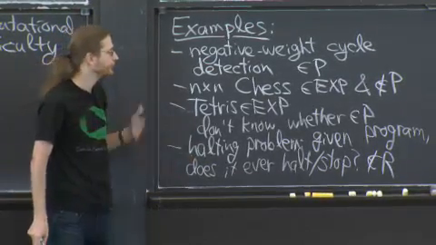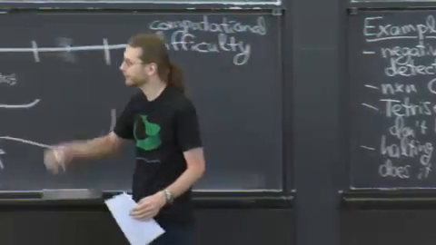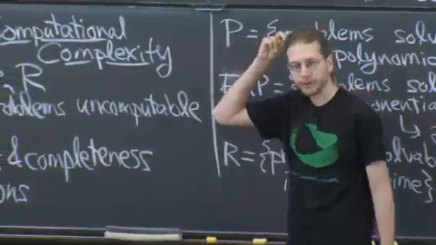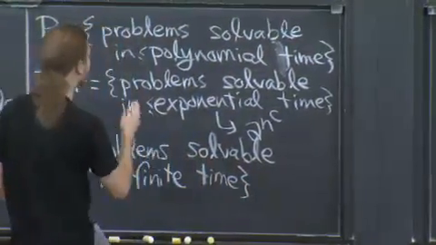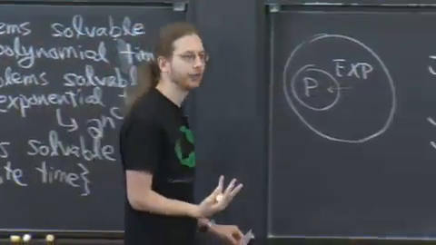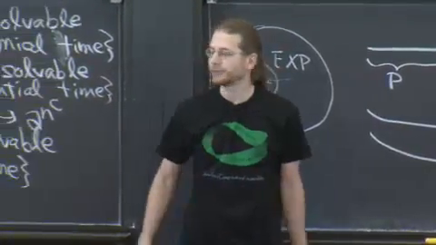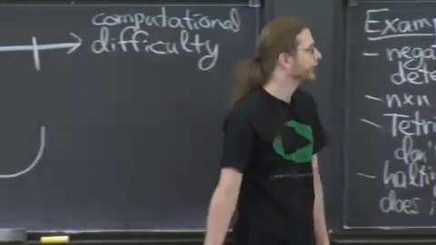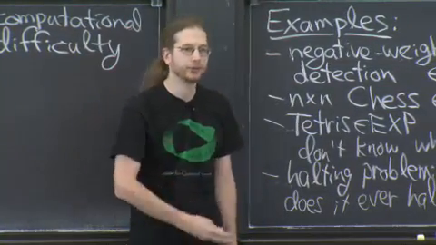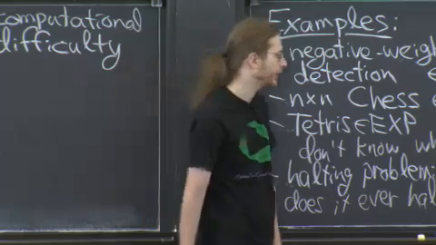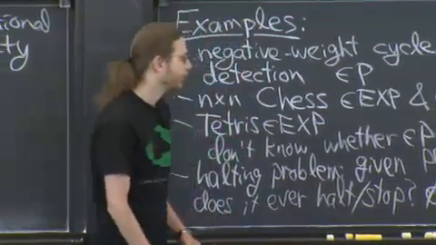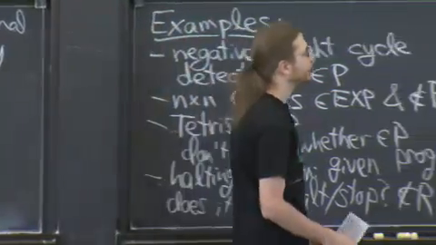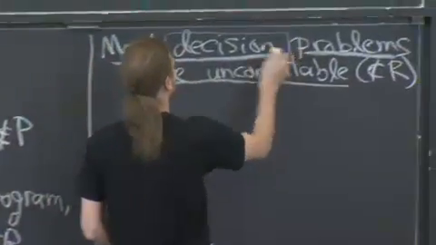For various reasons, basically convenience, the whole field of computational complexity focuses on decision problems. Decision problems are ones where the answer is yes or no. That's all. Why? Essentially because it doesn't matter. If you take a problem you care about, you can convert it into a decision problem. We can see examples of that later. But decision problems are basically as hard as optimization problems or whatever. OK, but let's focus on decision problems. The answer is yes or no.